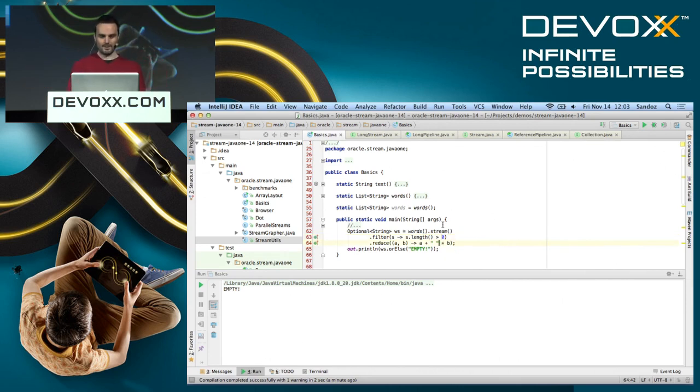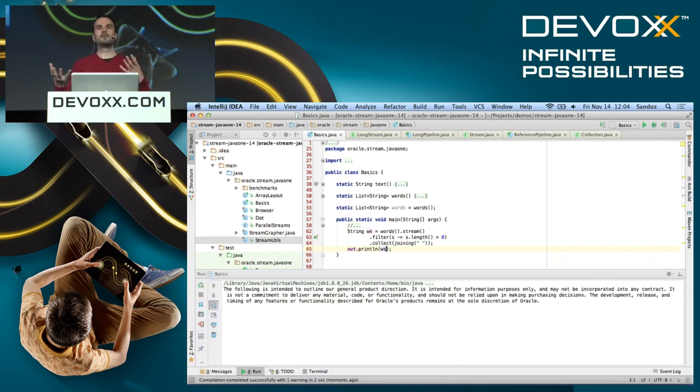So the right thing to do here, rather than reduce, is to think collect instead. And collect is a form of reduction that allows you to use mutability underneath the covers. So that's what you should be using for strings and for lists and stuff like that: look for collect. Don't naturally reach for reduce. Reduce is a more functional thing, for more purists if you like, and can be useful. But collect is probably the thing you're going to be using more often. Like so, and that will work. And underneath the covers, this is using a string joiner.